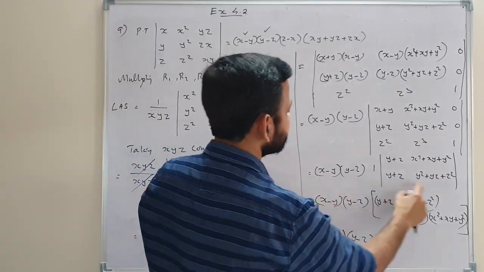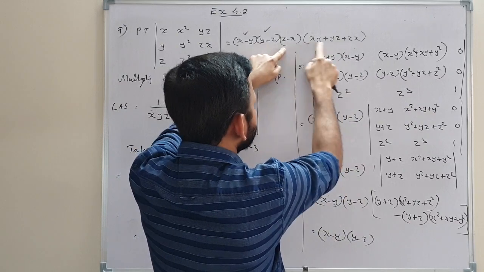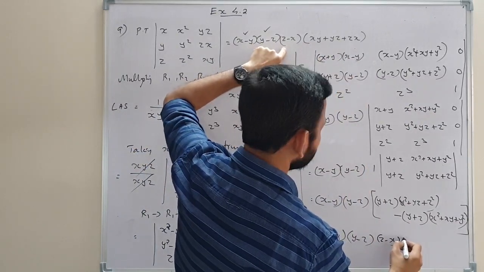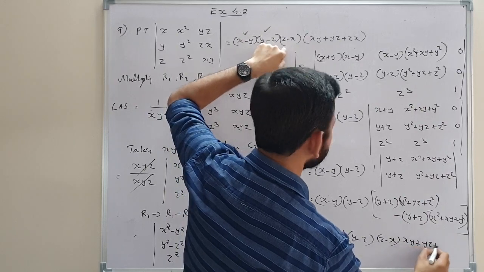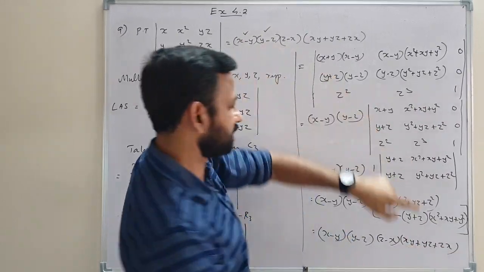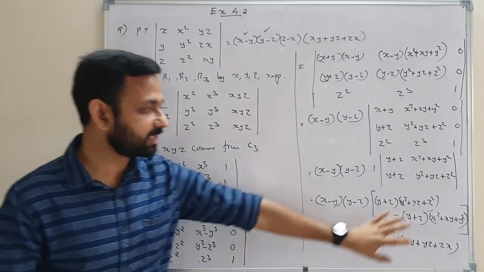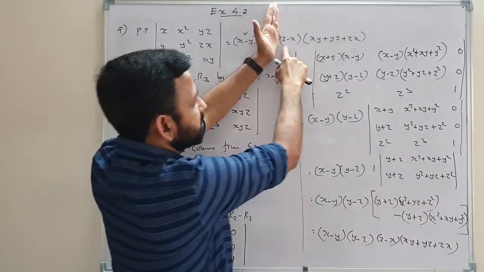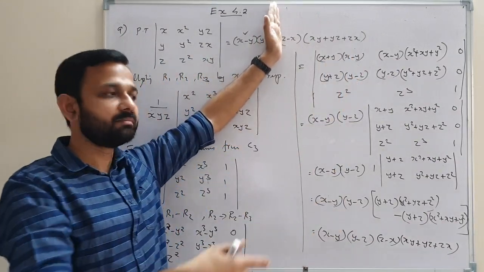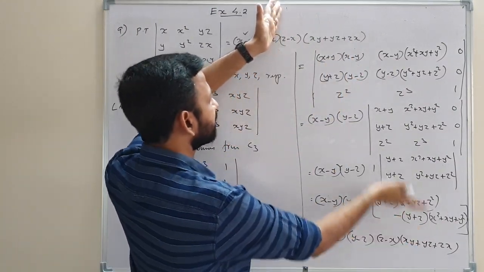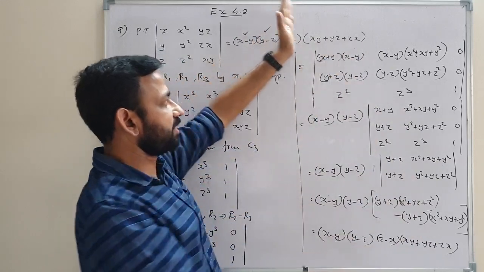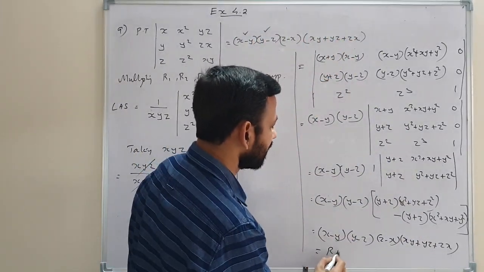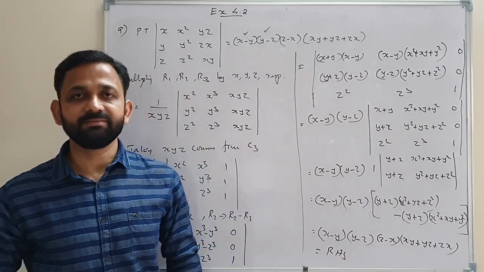So we can say that this expression equals (z minus x) into this one. So (z minus x) into (xy plus yz plus zx). That part is your homework. Here just simplify this expression and simplify this part. If you get the same, then we can replace this one by (z minus x) into (xy plus yz plus zx). So we can write LHS equal to RHS. So we got the result.